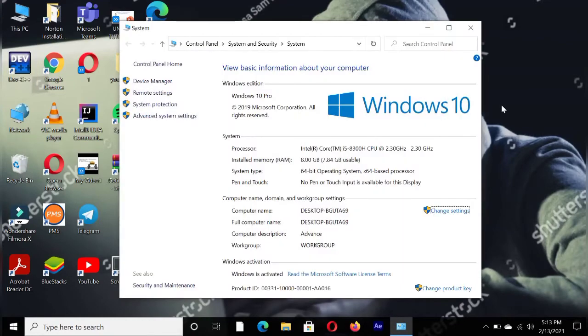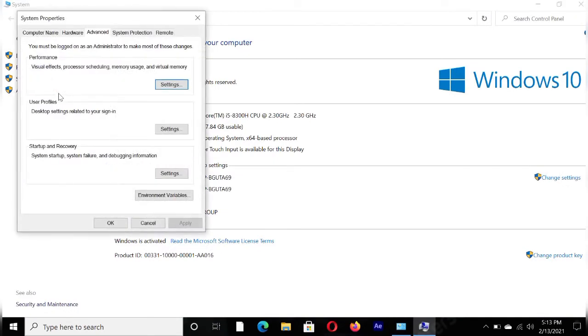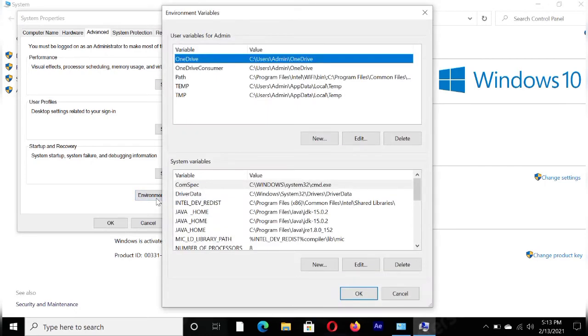I am repeating that, press Windows plus Pause Break to get directly to advanced settings. See here, we can see advanced settings. Click on advanced settings. Here we can see system properties. In system properties, we can see environment variables. Click on environment variables. After clicking on environment variables, we can see user variables for admin and system variables.